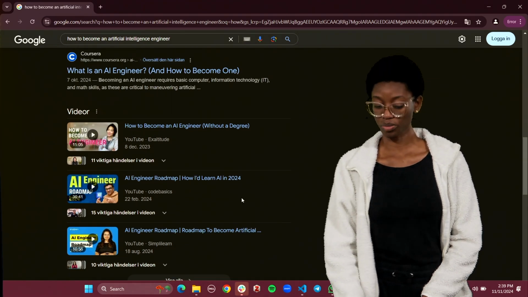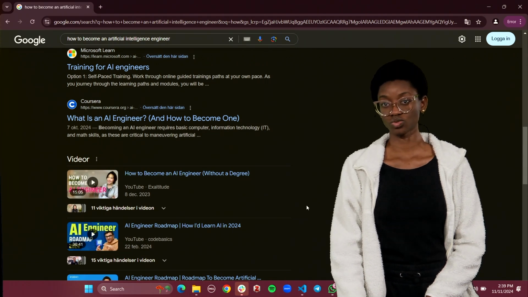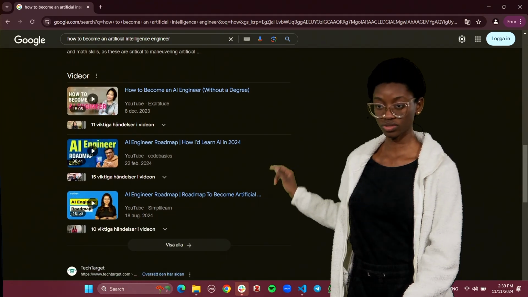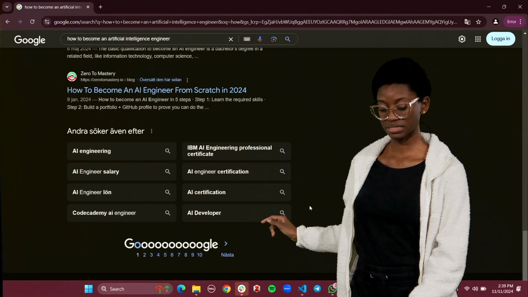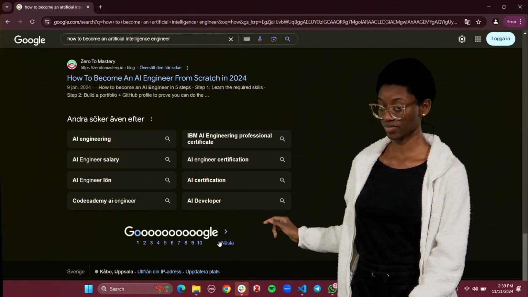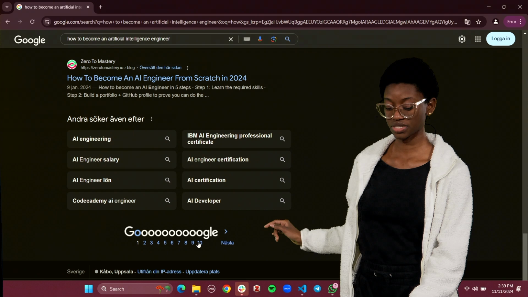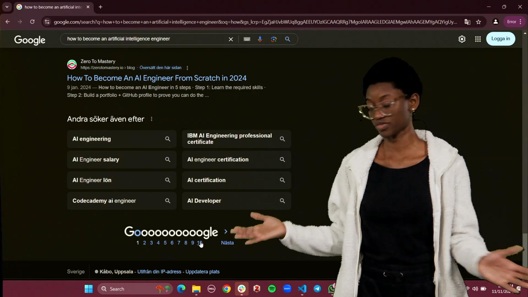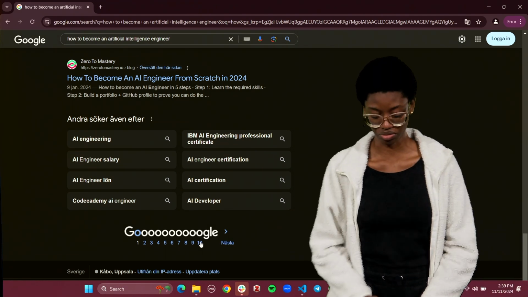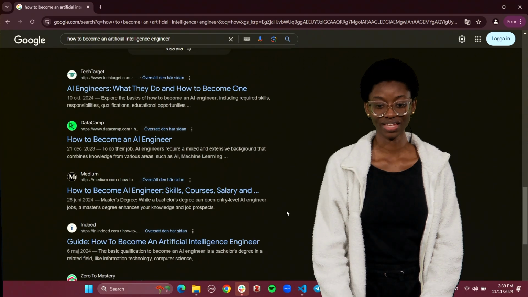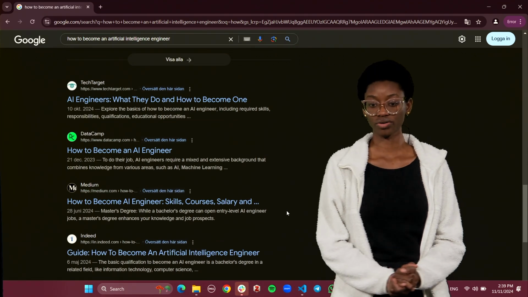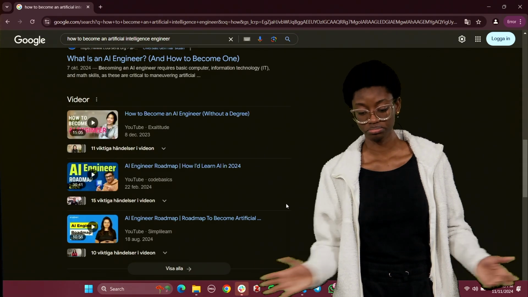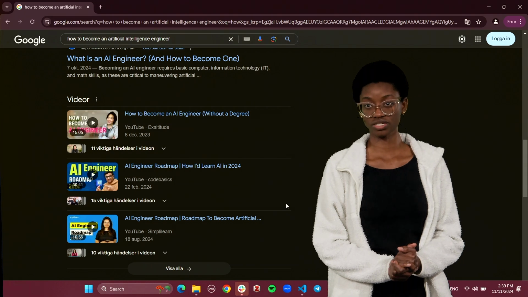So when you put in a prompt, the most relevant to your search is what you see up the top of your page. And as you scroll down, you see that the pages that are shown to you are less relevant to your search. You can see here that we have up to 10 web pages of so much information on how to become the best artificial intelligence engineer in 2024. So you can see how the PageRank algorithm is very useful in helping you to find the most relevant searches that you need.